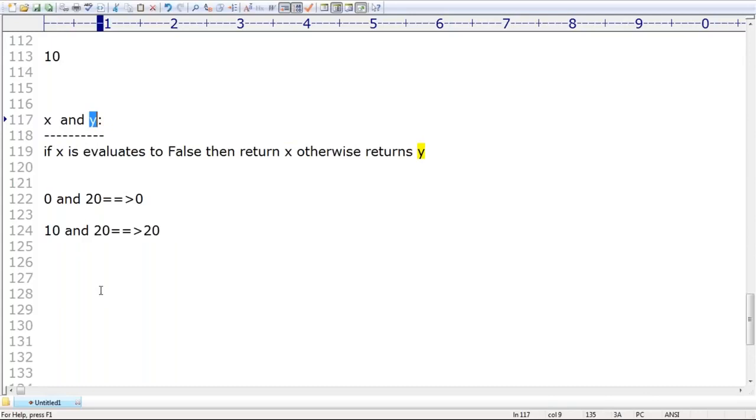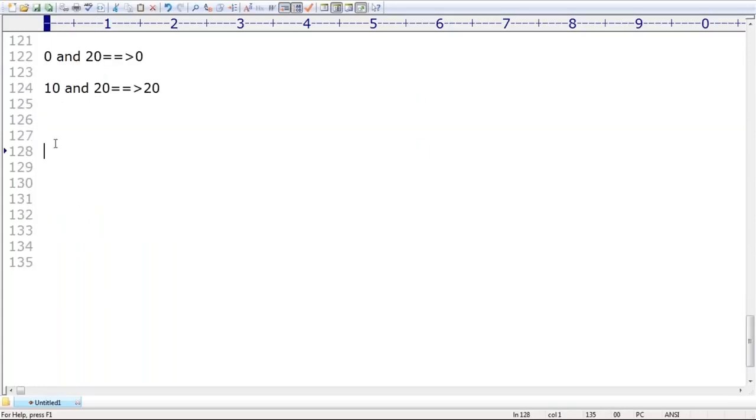Now, what I want to take, sir? Reverse: X or Y. Can you please observe very carefully? X or Y. If X is true, think carefully. If the first one is true, am I required to consider Y? Because the result is always true, or not?